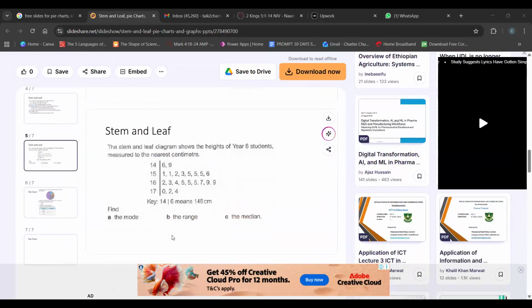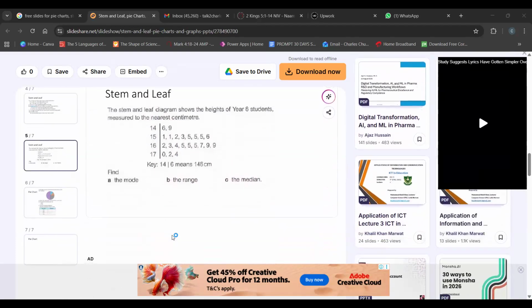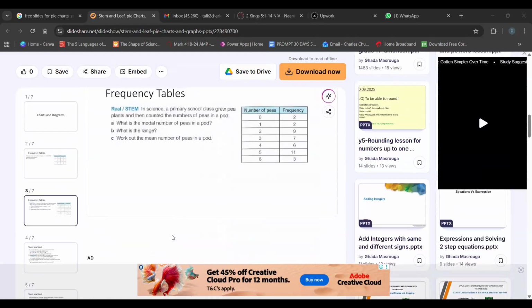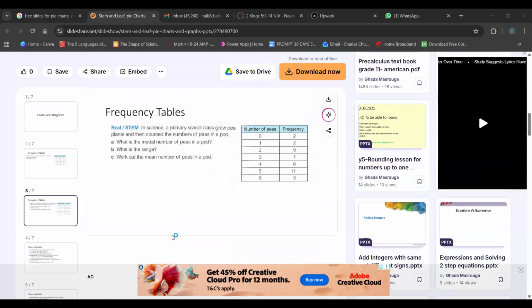All right. Okay, so in the frequency table, how would you work out the range? Okay, the range. The range is simply the difference between the largest one and the smallest one. So in this case,